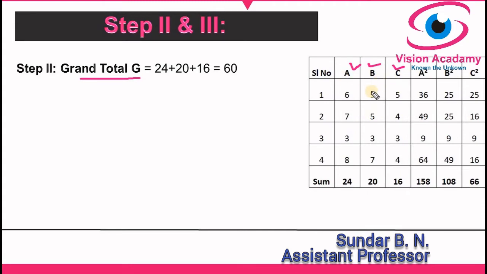Now what we have to do is square each value. That is A square: 6 into 6 is 36, 7 into 7 is 49, 3 into 3 is 9, 8 square 64. And 5 square 25, 5 square 25, 3 square 9, 7 square 49 and 5 square 25, 4 square 16, 3 square 9, 4 square 16. So after squaring all the samples like this, let us calculate the values of A and A square,